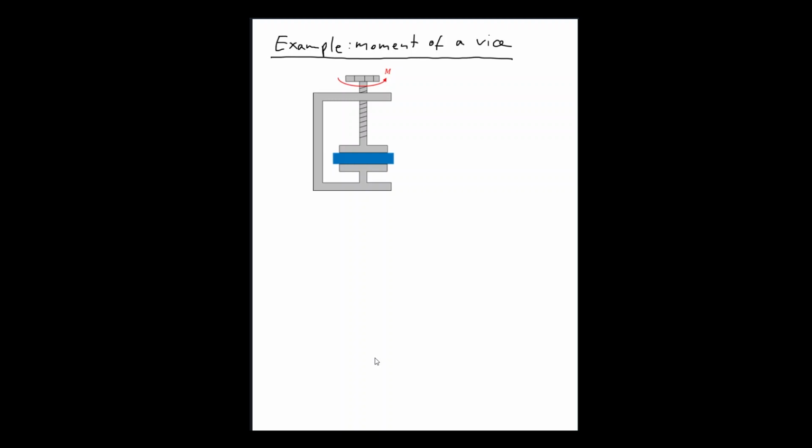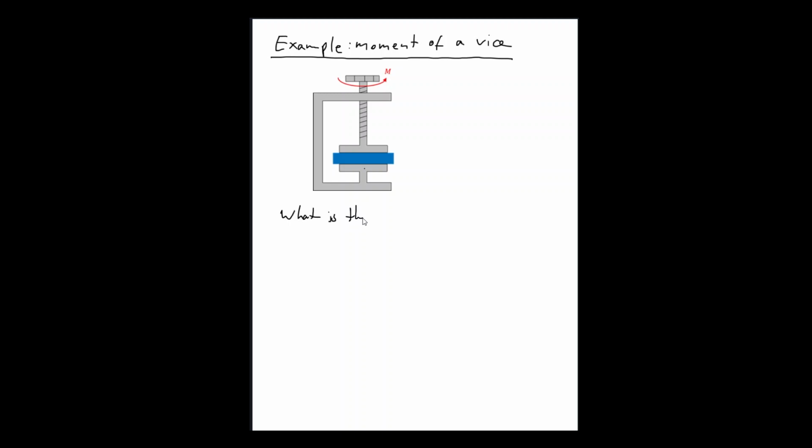In our last section, we talked about square threaded screws. Still stumbling over that one. So let's do an example. I copied the picture in because I'm not that great of an artist. So this is a vise, right? The idea is that we have a frame with a holder at the bottom, and then we have a screw that we can move in and out. As we tighten the screw, we're going to put more force on our little object that we're holding here, right? And so we now want to know